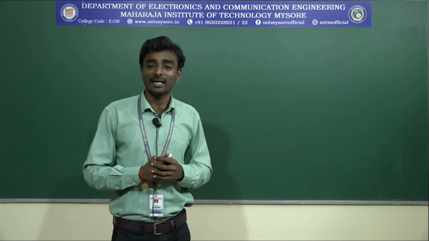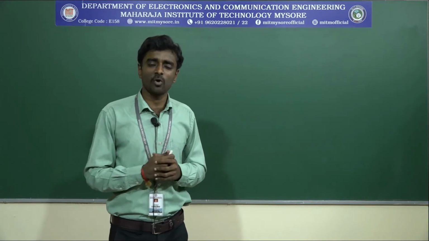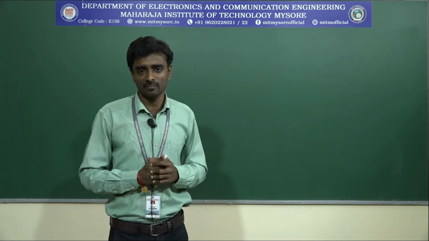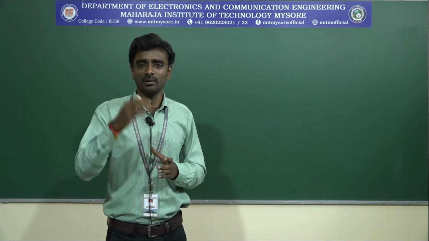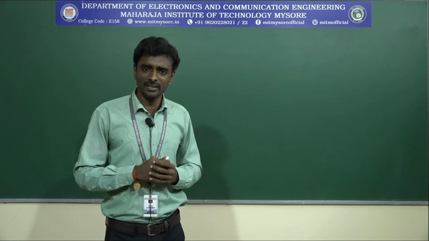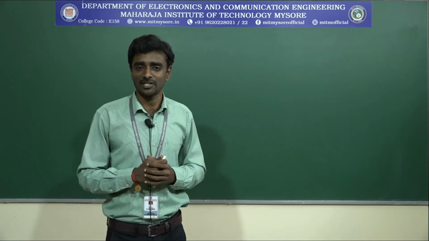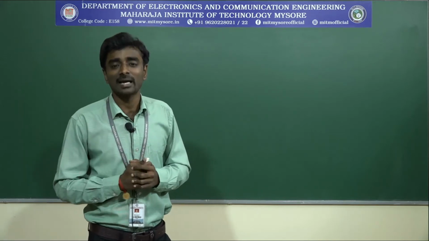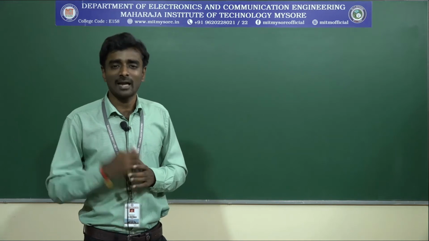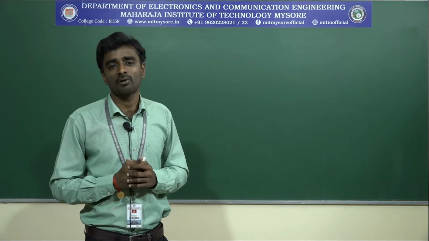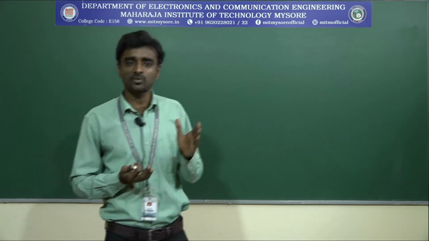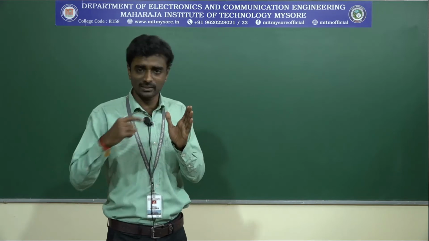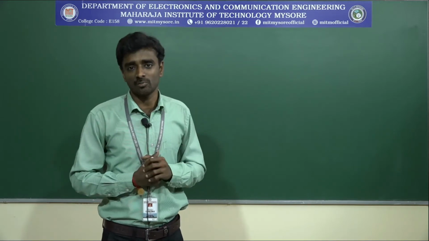The second one is the class B commutation. In this case also you will be working with an RLC circuit. The third one is the class C commutation, which can also be achieved with an RLC circuit, and the fourth one is the class D commutation. This is also achieved with an RLC circuit. The fifth one is the class E commutation, and the sixth one is the class F commutation. So these are all the 6 groups of forced commutation. We are talking about forced commutation, which does not come under natural commutation.